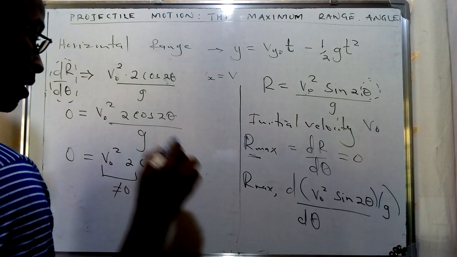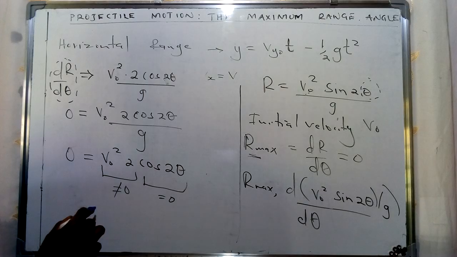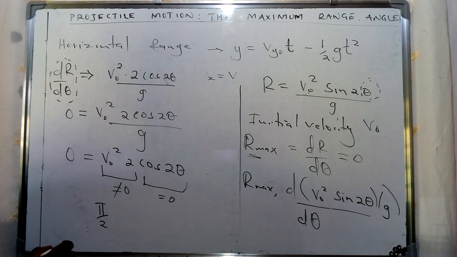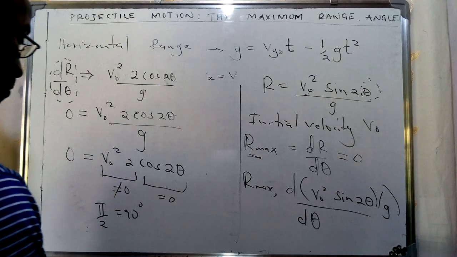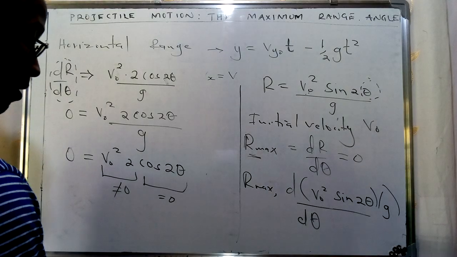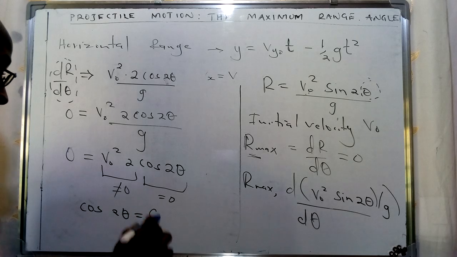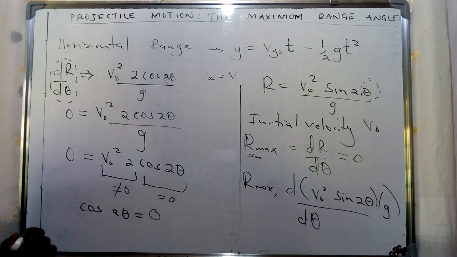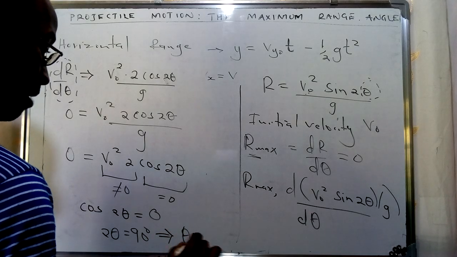And therefore we are going to consider the second case, the trigonometric function, which is going to give us the value of 0. This happens at pi over 2, which in the first case is equivalent to a 90 degree angle. So in this case, for us to find that specific angle, we have the cosine of 2 theta equal to 0, and therefore 2 theta is equivalent to 90 degrees, further implying that theta